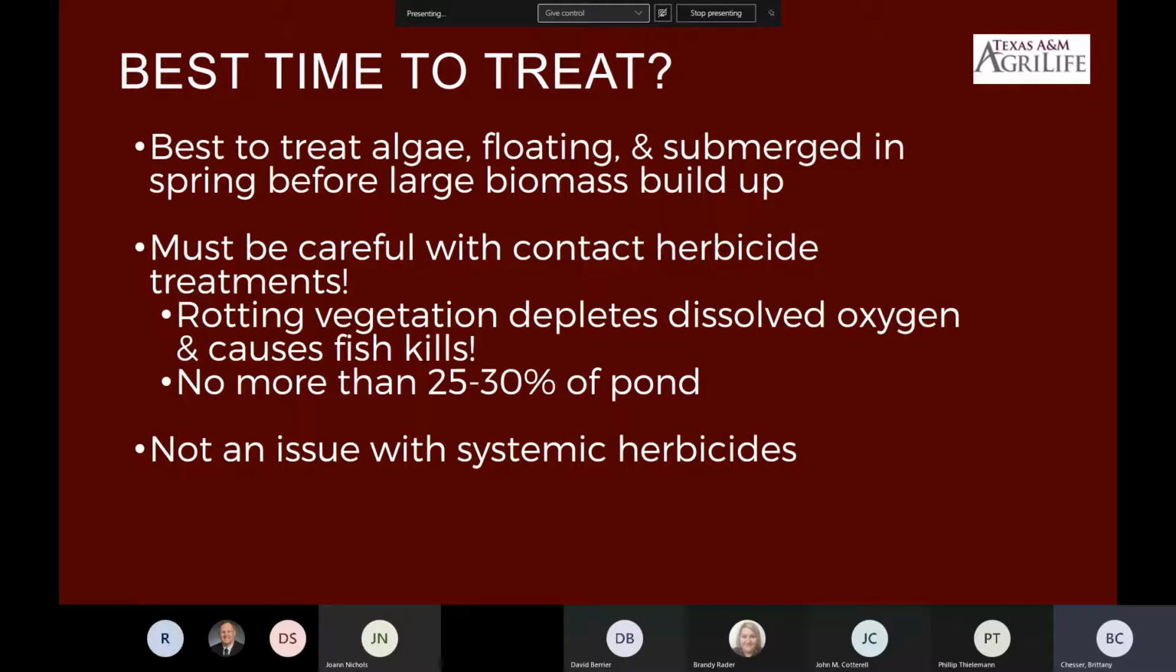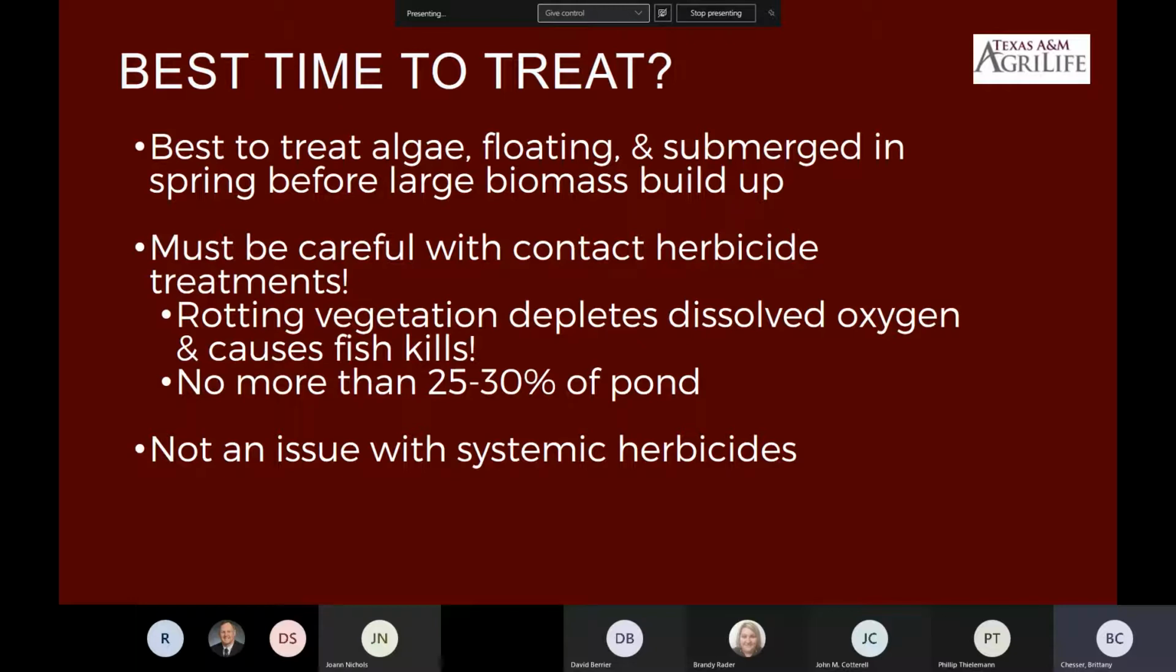So the best time to treat chemically for your algae, floating, and submerged vegetation is in the spring while the plants are actively growing, before there's a large biomass buildup. And so you want to make sure that you're not treating during warm periods of the year like July and August. Once the water temperatures have exceeded 88 degrees Fahrenheit, this is very dangerous if you have a fishery. As the water temperature increases, the oxygen saturation decreases, and so this decreases what's available to aquatic organisms. And if you use a contact herbicide like Diquat that causes fast-acting death when it's applied to a large, dense population,